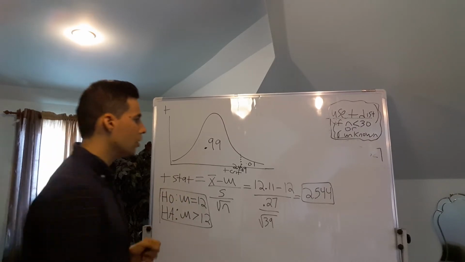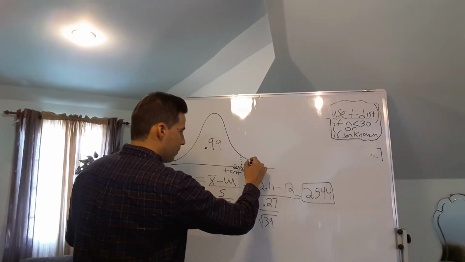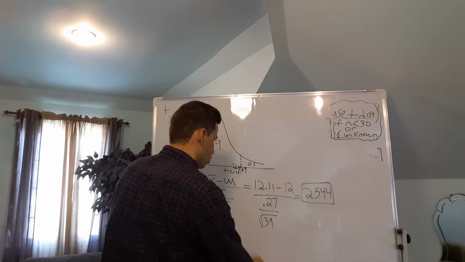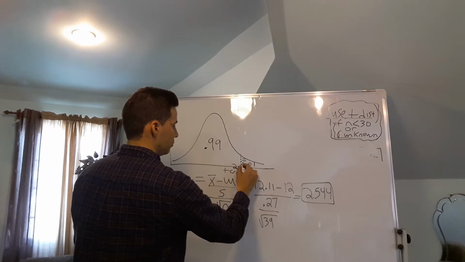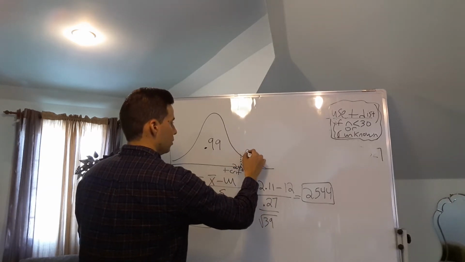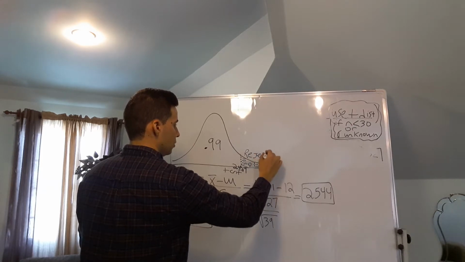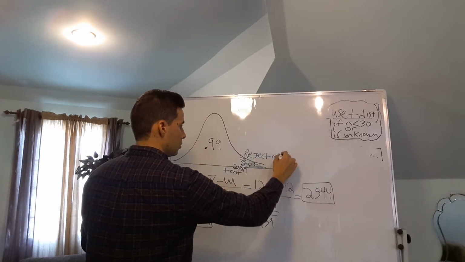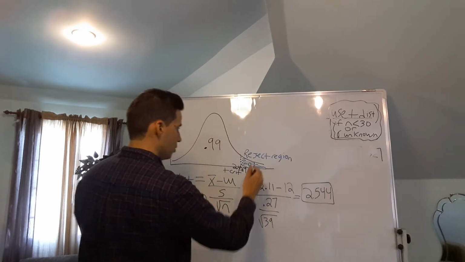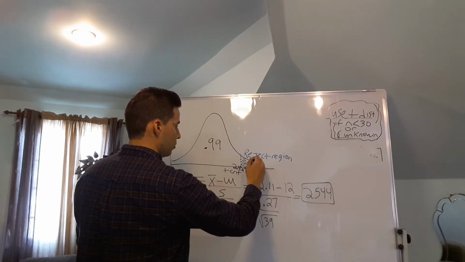Since our 2.544 is somewhere in this reject region, here, somewhere here,